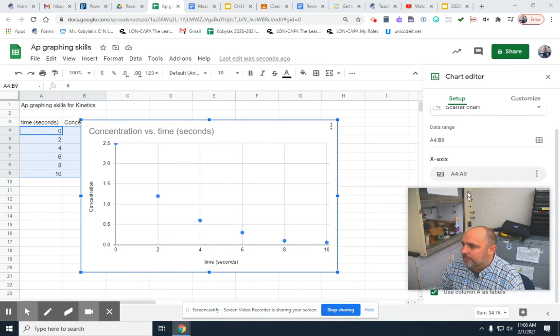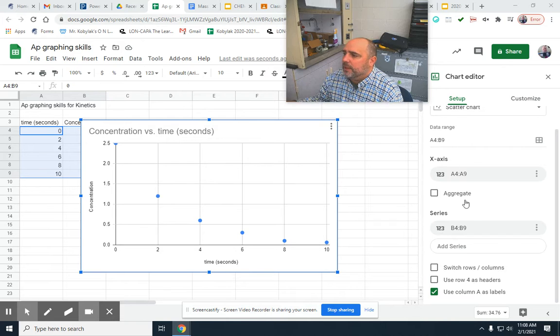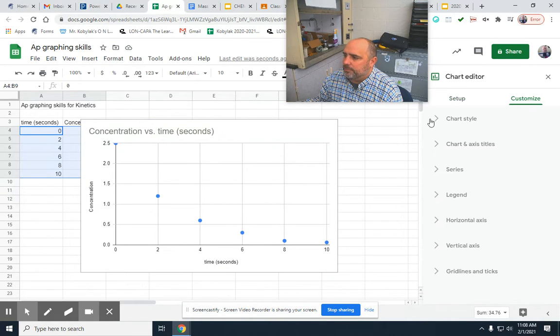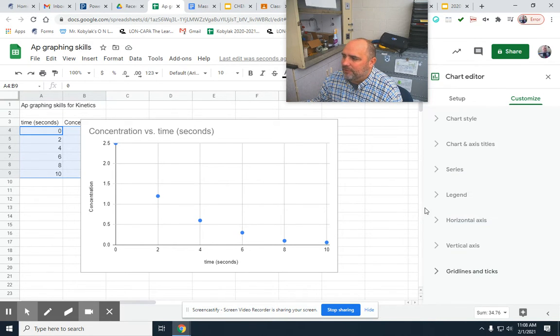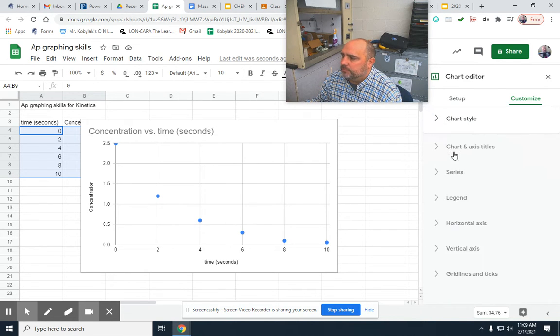But let me move my picture up here. Probably don't even need my picture, but you'll see that there's all kinds of things that we can change about the graph. And what you'll want to do is under customize, it kind of tidies it up for you, and you can take the grid marks and you can get rid of them. There's a lot of different things. You can relabel your axes, and you can put in a legend or not. But chart style, you want to make sure that